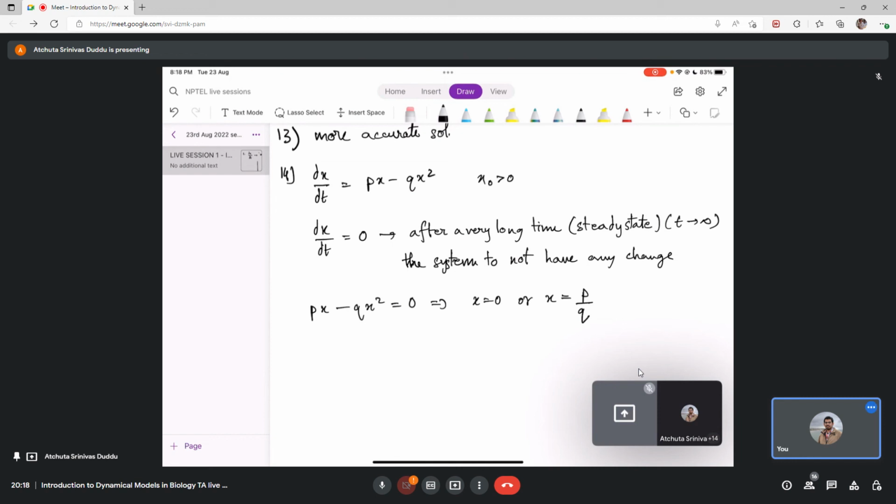So it is possible if you start with initially no cells. That is to say, it's a trivial case where you do not have any cells in the system to begin with, so there are no cells at all, even at t equal to infinity. So the solution which you would consider here is x equal to p by q. Since even if x naught is greater than 0, it would behave in a different fashion, giving a steady state of x equal to p by q,